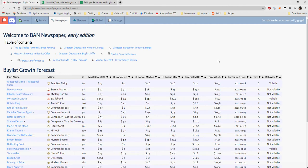The EDHREC value changes over time, so that's going to play an impact. The buy list values: do they go up or down, and how are they behaving over time? The buy list quantity: how many are they willing to accept over at Card Kingdom? The market value, the number of sellers. On top of that, the TCG sales ranks or the Card Kingdom sales ranks. All of this information is actually readily available, whether it's from the websites themselves or you have to go over to mtgjson.com. I would highly recommend anybody from a technical aspect head over to that website. It's going to make your life a whole lot easier, and I really do rely on it a great deal for everything I do. So with that very earned shill out of the way,